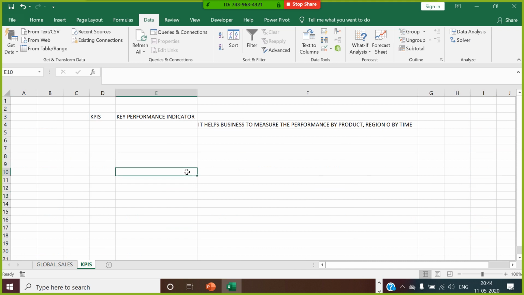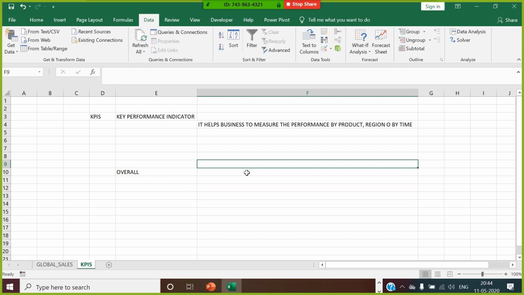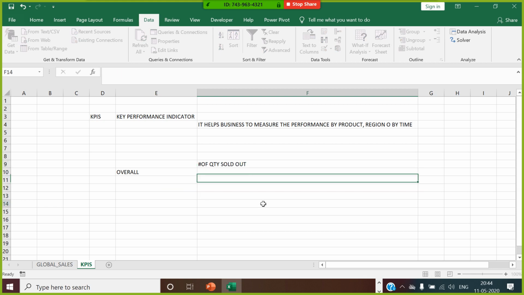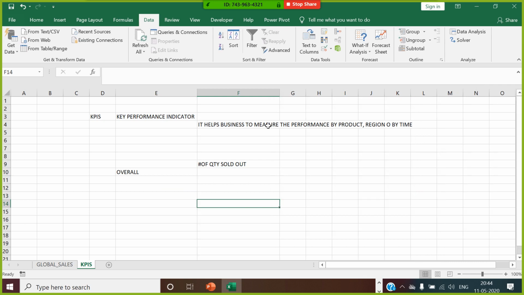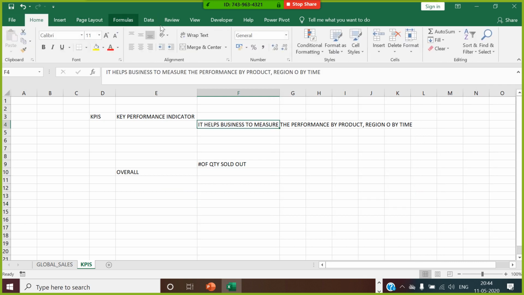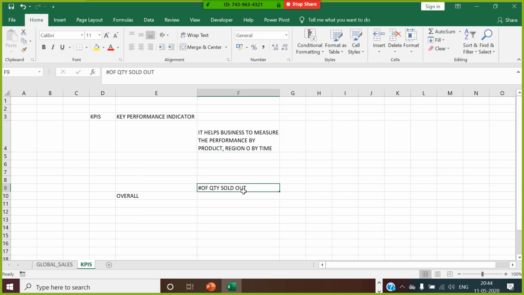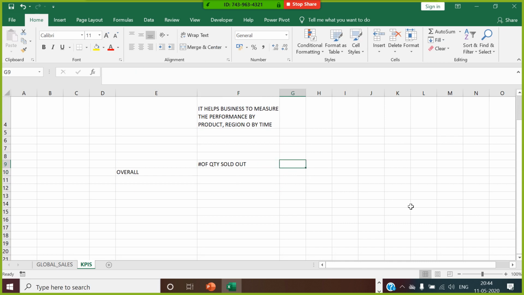I decided that I'll go for creating an overall summary which is saying the number of quantity sold out. This is the first KPI, number of quantity sold out.